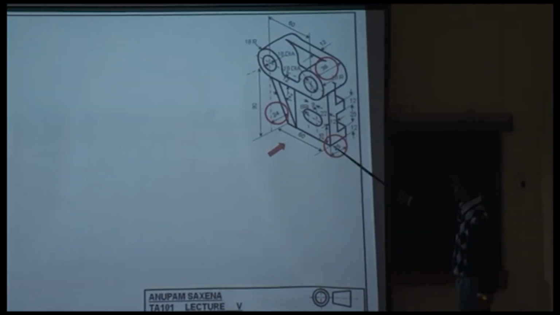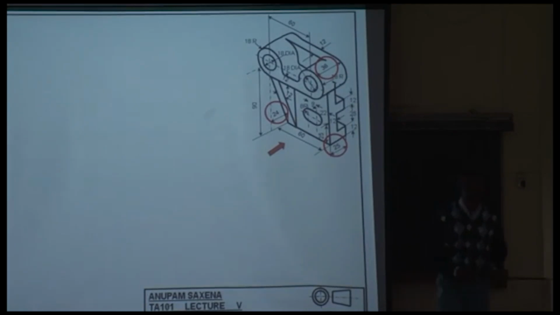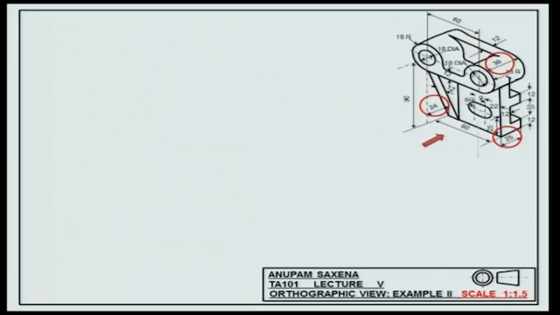This one here takes you back from the reference plane, and this would correspond to the length of the cylindrical features. So this drawing, we'll draw using the reference plane in mind.